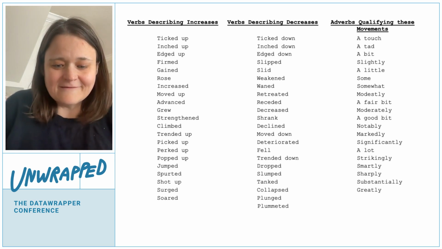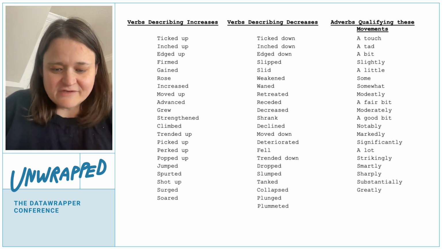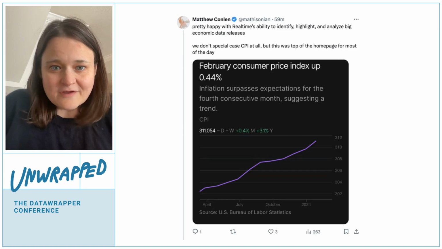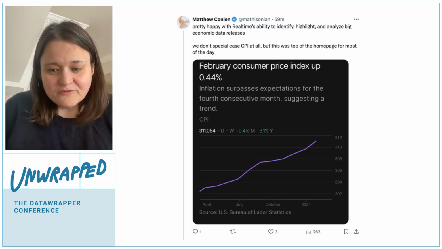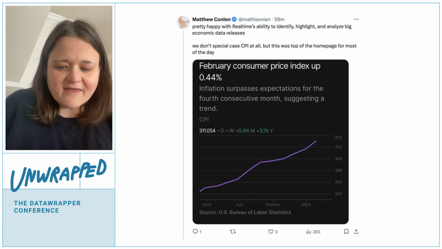So I think the idea of verbs changing things, being serious about using the verb with your chart instead of just saying, this is a chart of X, tell me what the chart is actually showing, changes things a lot. The example that has inspired me most on that recently has been Matt Conlon, who's been playing with aggregating public data and presenting and visualizing it automatically, without human involvement. He's pushing on some of the AI sentences.